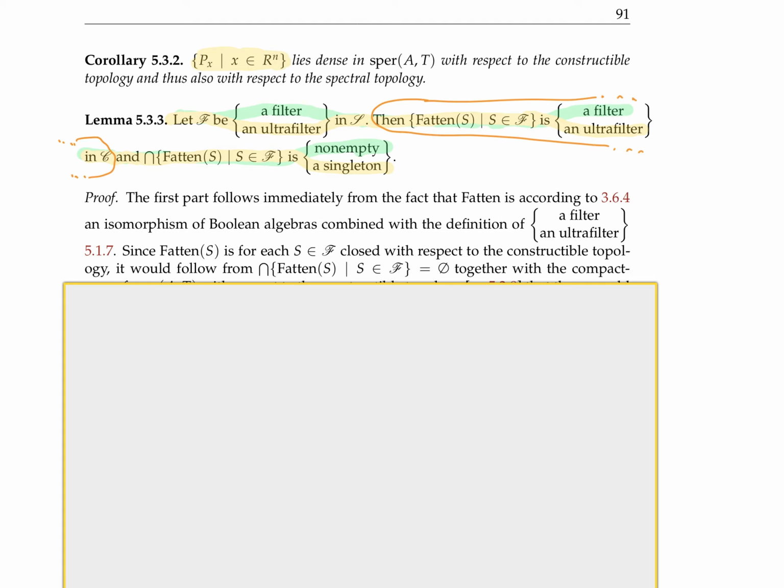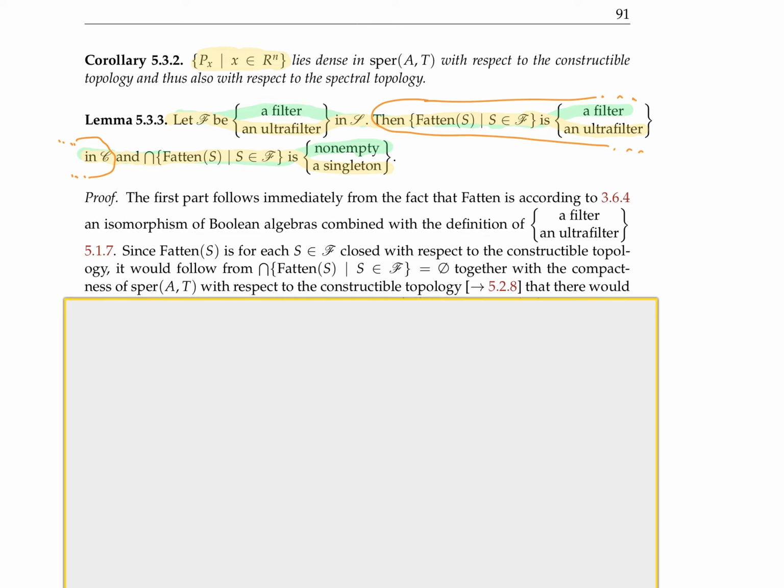It's proved by contradiction. So if you assume the contrary of what we want to prove, namely that this intersection is empty, right? Then together with the compactness of the real spectrum of A_T with respect to the constructible topology, which we have remarked